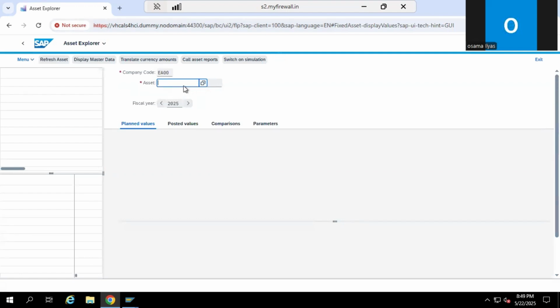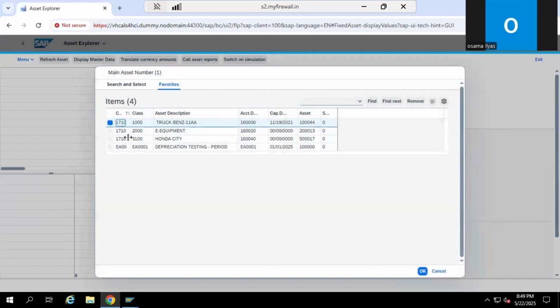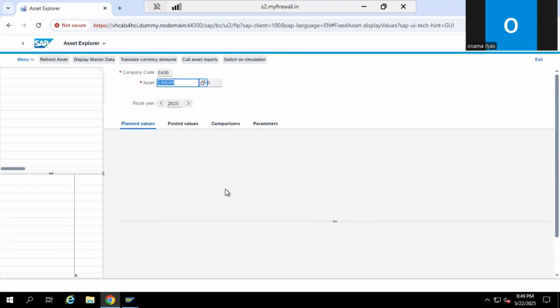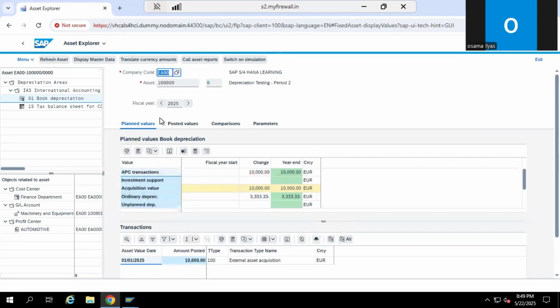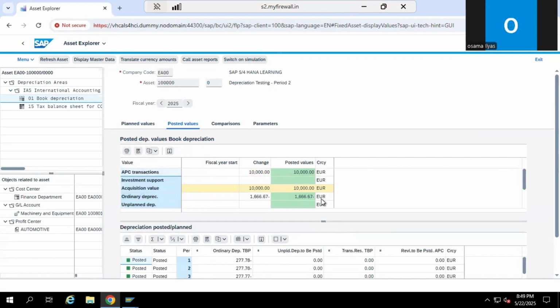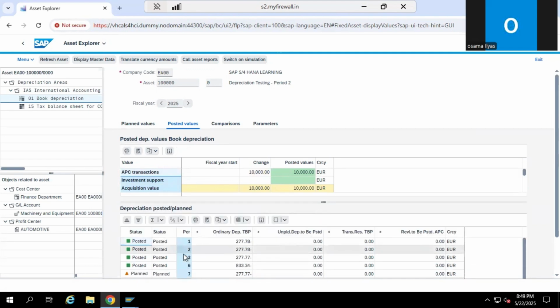I will take the same asset, press enter, go to posted values. Here you can see depreciation has been posted for January, February, March, then for the month of June, which